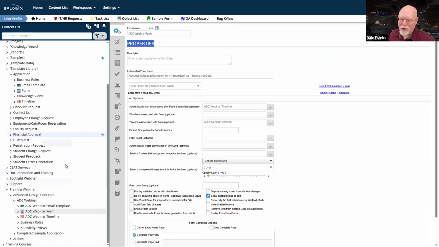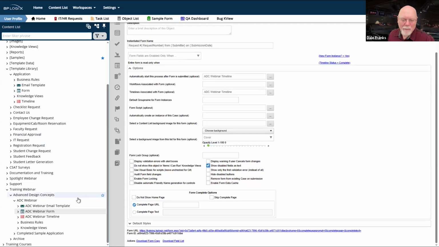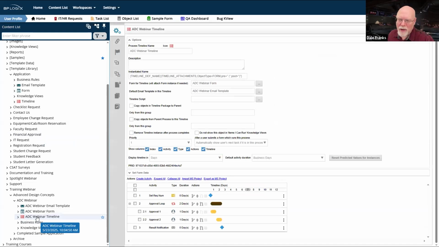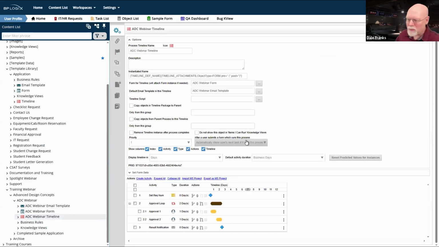Wow, it's already 10:42 and I haven't even started building anything. I was going to go to these properties as we built the objects, but since I've got all three built and they pre-exist, and I'm afraid I'm going to forget stuff, we're going to go through all the best practices here up front. So we may not be able to begin actually building our form until next week, but we'll go as far as we can this week until we run out of time. So with that change in how we're going to address all of these best practices, let's switch over to the process timeline and cover the basic best practices there.